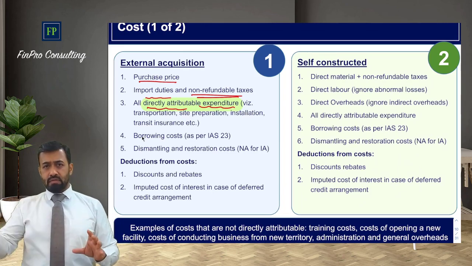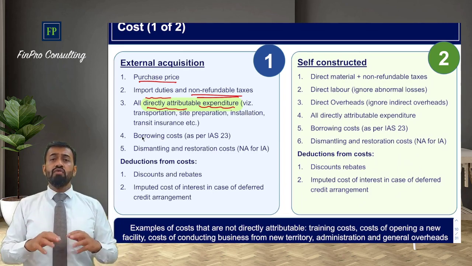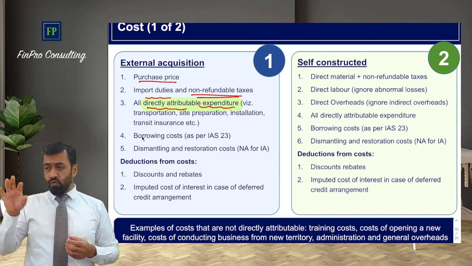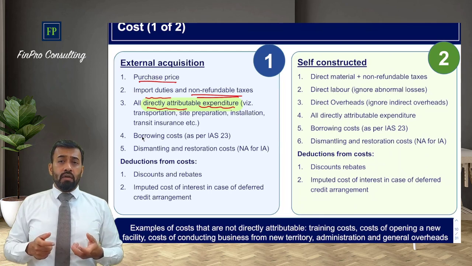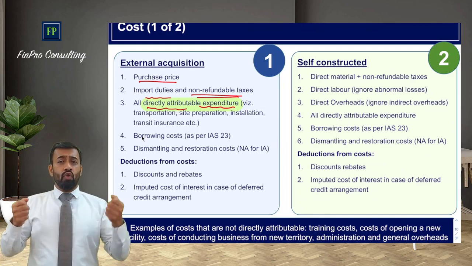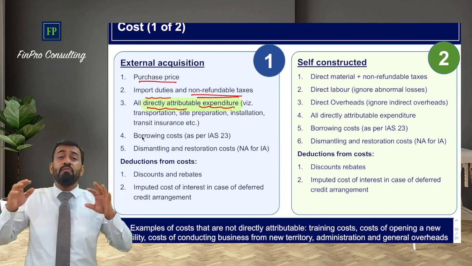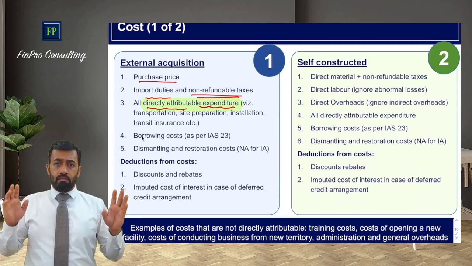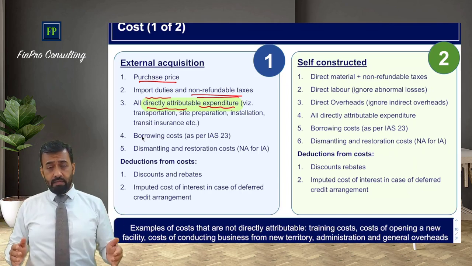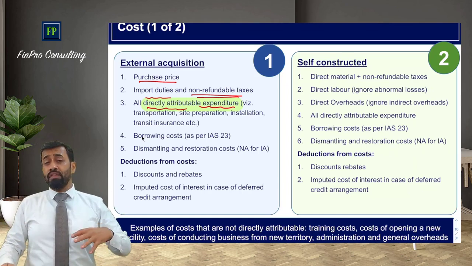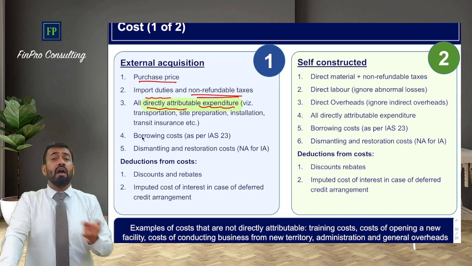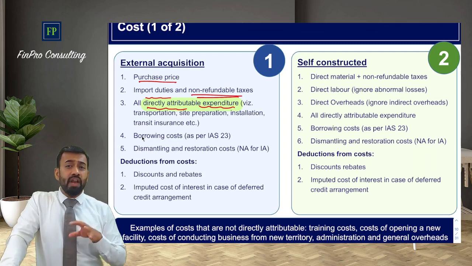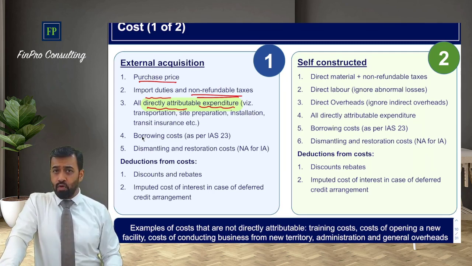These are a few examples, and on the basis of this, you will have to analyze it. So if training expenditure is not incurred, let's say a car, I've taken this example in the main batch also. If you have purchased a car and you don't know how to drive it, it doesn't mean the car cannot work. You take a driver and drive the car, the car will run as intended. It doesn't mean that if you don't know how to drive the car, the car cannot be used. It can't happen that way. And that's why training expenditure is not directly attributable expenditure.